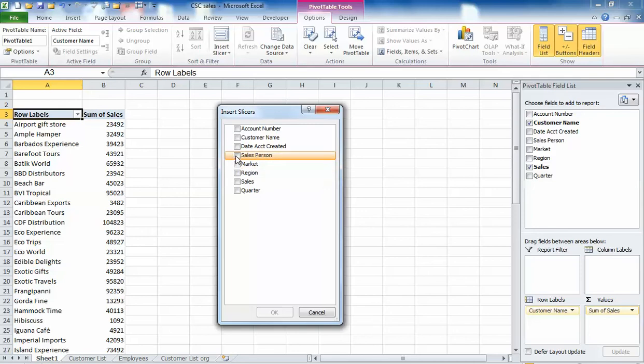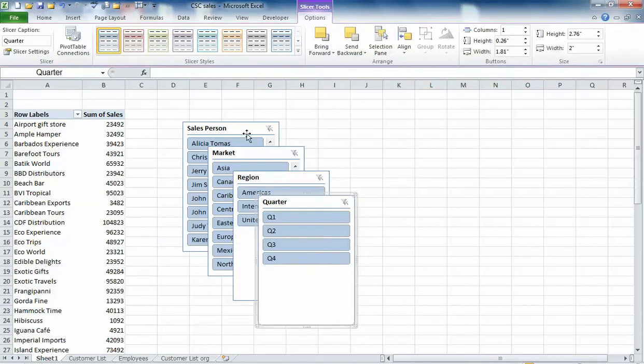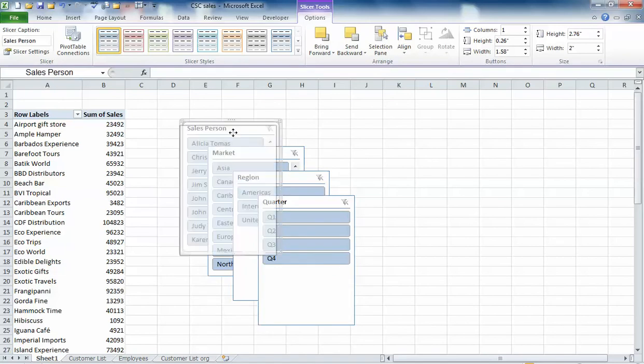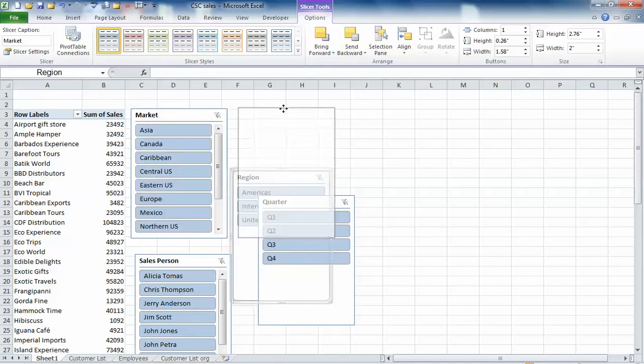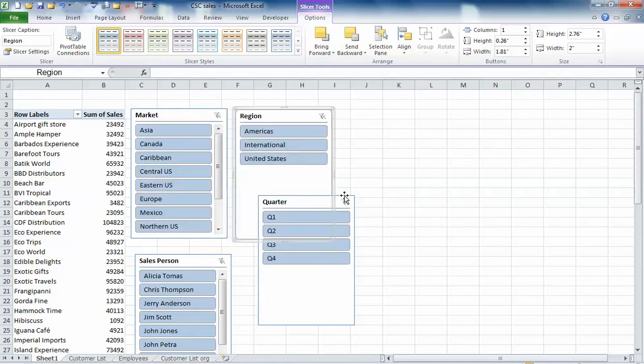So maybe I want to know the salesperson, the market, the region, and maybe even I want to be able to sort by the quarterly data here. Once I've got these four selected, I can click OK. And what it does is it opens up all of the slicers. Now I can rearrange them. So maybe if I put this up here and I've got my region over here,